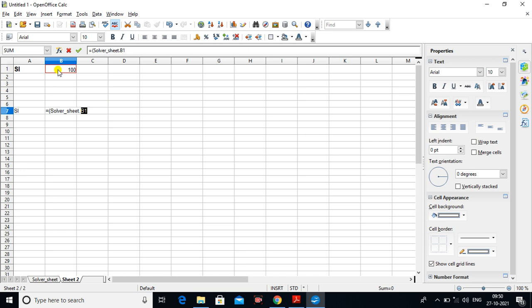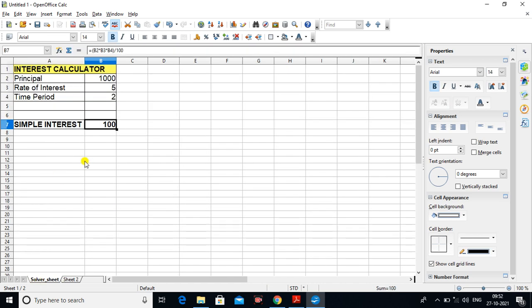When I have typed it, it is dot and B7. Make sure that you know the cell address of the solver sheet that you want to reference. Let us look for the cell address. It is B7.